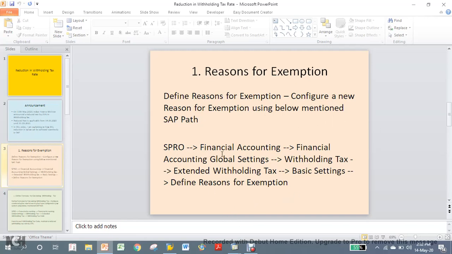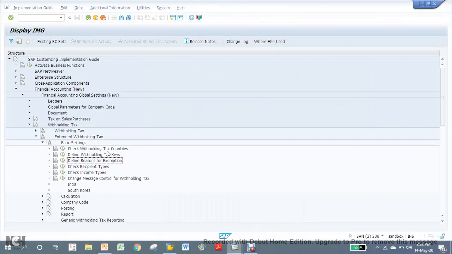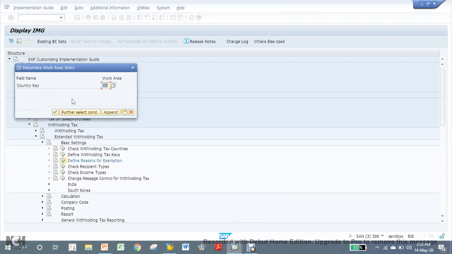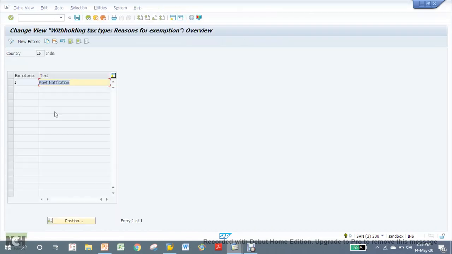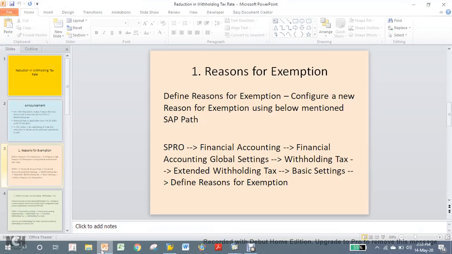So this is the path: SPRO, financial accounting global settings, withholding tax, EWT, and then basic settings. So go here and then choose country IN and create one exemption, say exemption region. So I have created one region as 1 with text as government notification. So once you have done this creation of region, the next step is